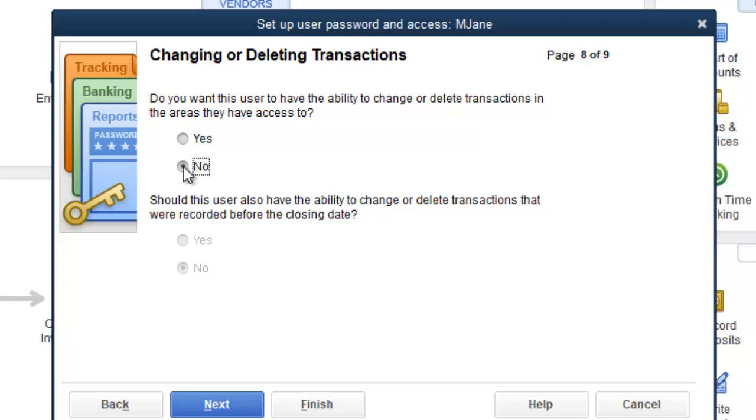And once you select this, you notice that the closing date has been grayed out, because if you are using this option, then you may not need to use the closing date option, because they basically do the same thing. It's just that this restriction is a tighter restriction than the closing date restriction. So we're going to select yes. So you have to balance productivity with proper internal controls,